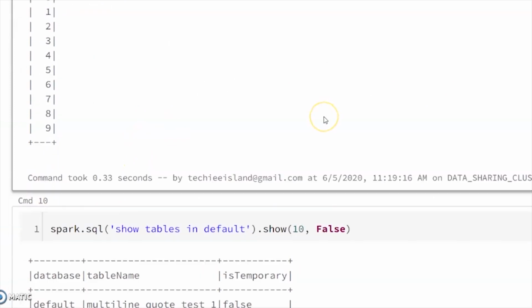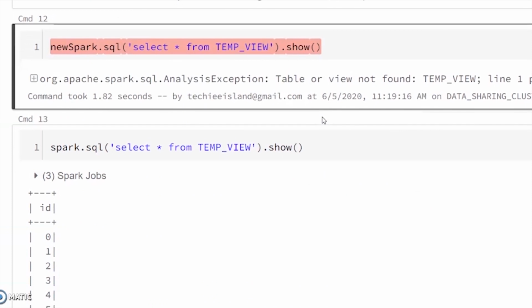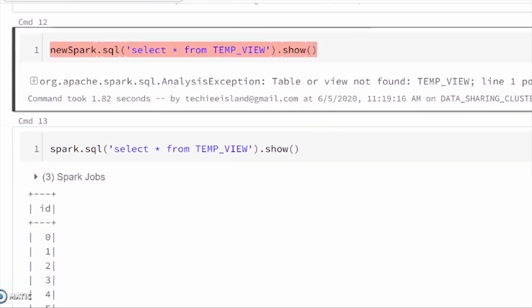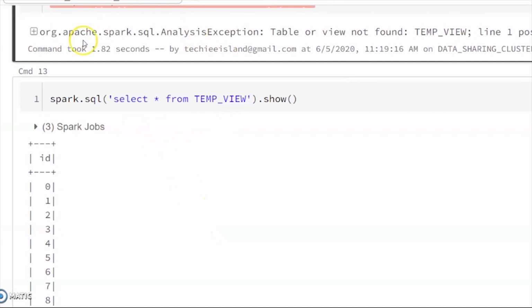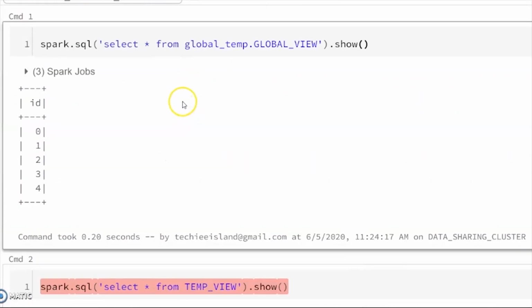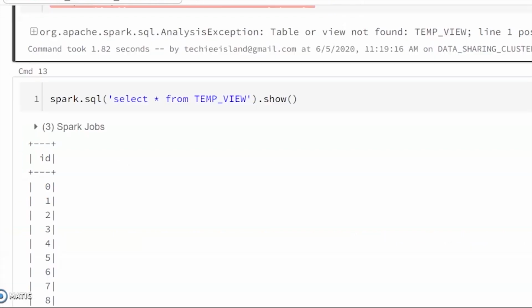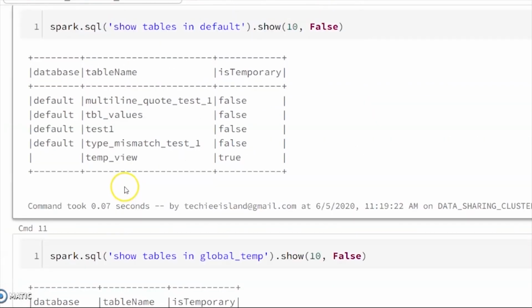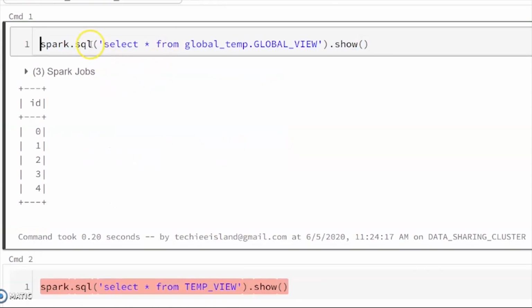Now let's go to a new notebook, which you can assume is a new Spark application, and try to read this global temporary view which was created in another notebook, meaning another Spark application. This is a new notebook which I created, and here I try to access the global temporary view created in another Spark application, and I am able to access it in the new notebook.